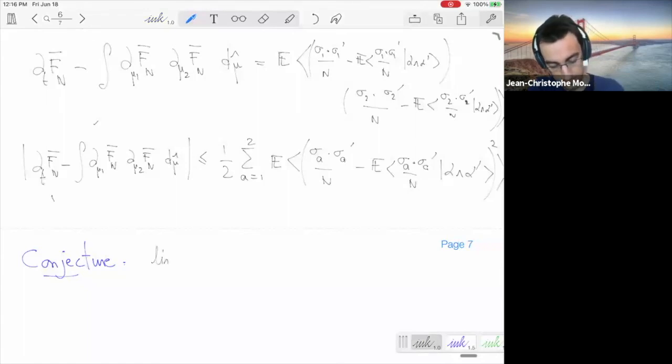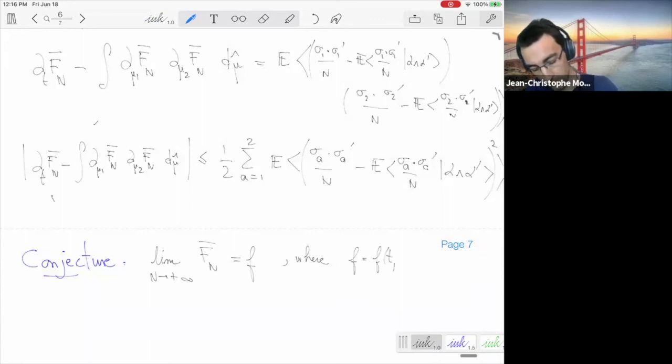The limit as n goes to infinity of fn bar is a function f, where f is going to be a function from R plus